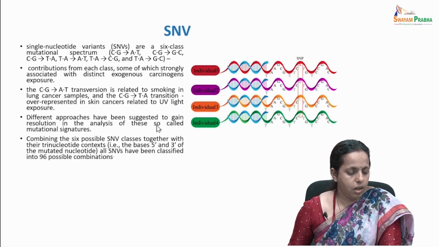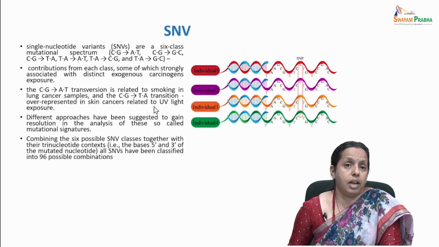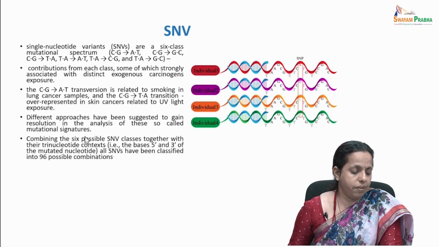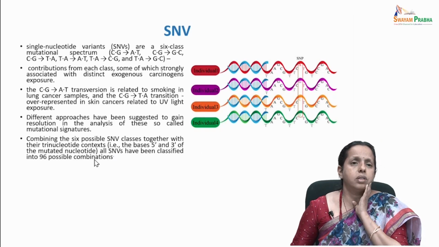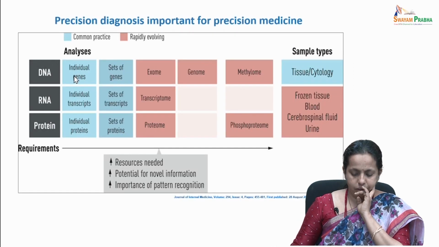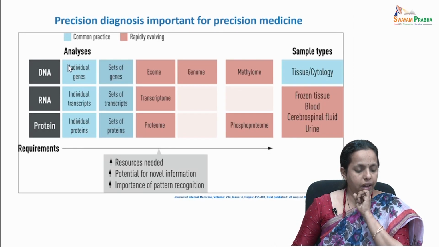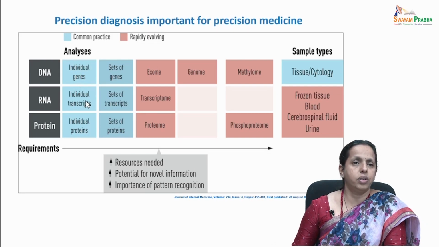Every cancer has something called a mutation signature, which is very important. These SNPs have been classified into 96 possible combinations. As I have mentioned here, you have DNA, RNA, and the protein, and different analyses for individual genes,